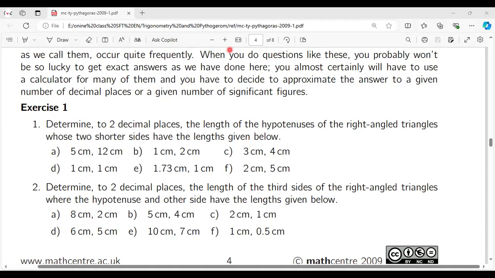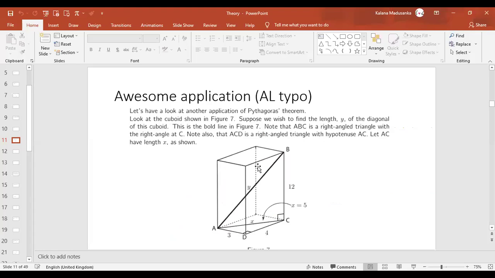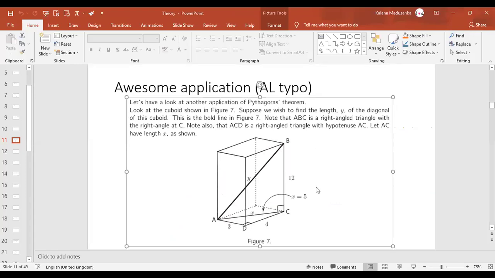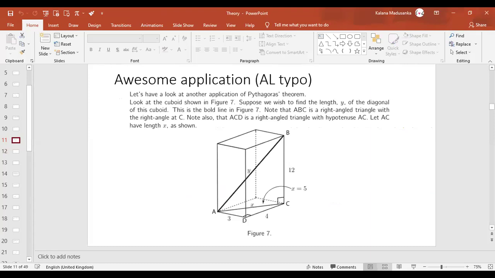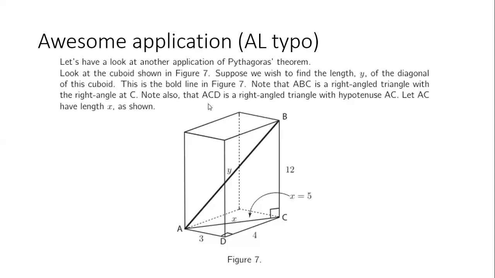And learning this part, there's an awesome application actually. Since we have already learned this Pythagoras theorem now, can you try to find out the